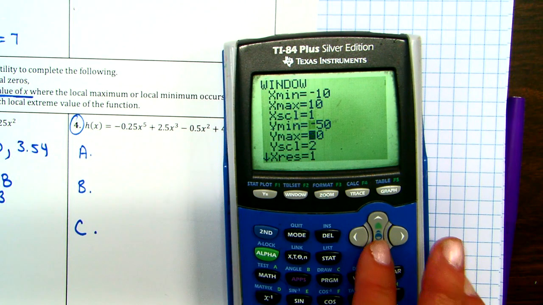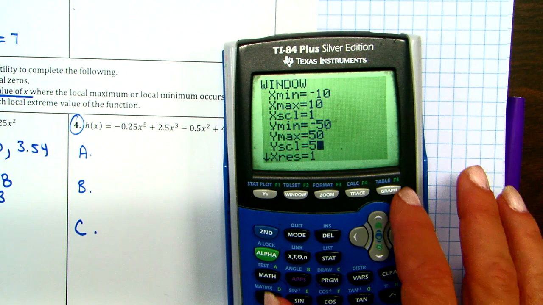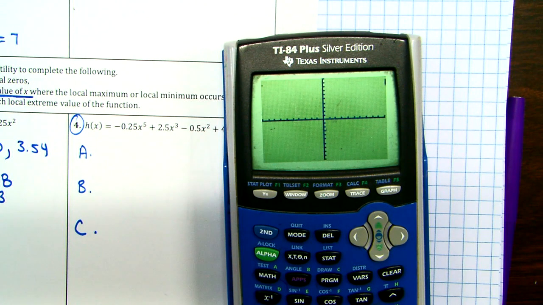What happens if I change my scale to 5? So you're counting by 5s on the y-axis. Let's see. Do I like that better? Doesn't really look much different to me. That's why I'm saying it doesn't. There's a lot of different things you can put in there. Okay? But now I can really do my zeros a little bit easier, and I could do my